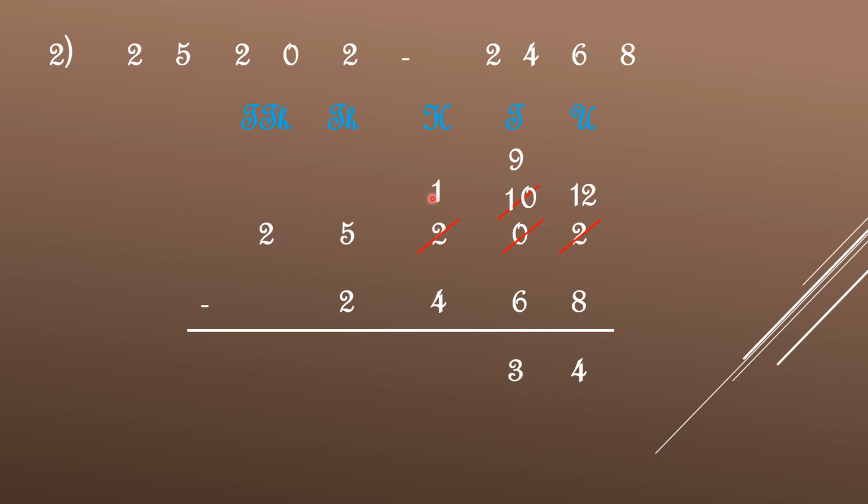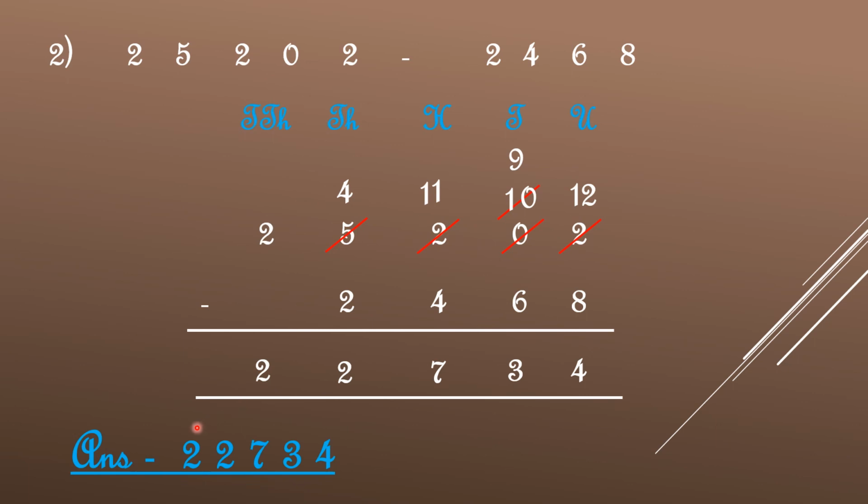From 1, I cannot subtract 4. So again I borrow. Now I borrow from the thousands place. From 5, I borrow 1. 4 is left. 11 minus 4 gives me 7. From 4, if you subtract 2, you get the answer 2. There is no need to borrow because these are bigger numbers. And from 2, there is no number over here to subtract. So I bring the 2 down. So my answer is